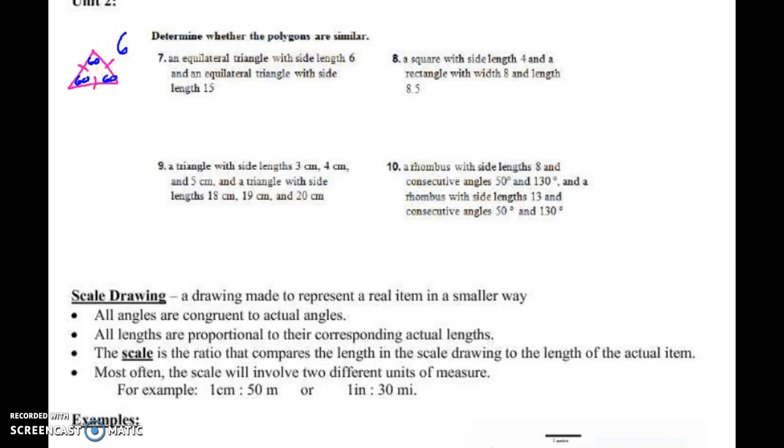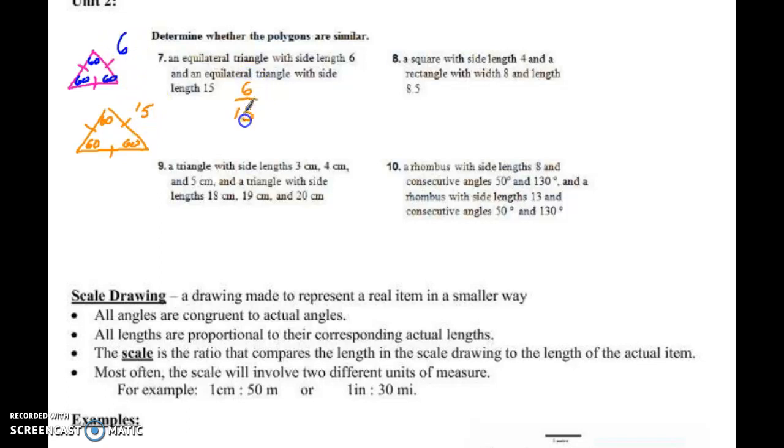Okay, now we got this other triangle, and it's bigger. It's actually 15. And guess what? This equilateral triangle is all 60, 60, 60. So look what we have. Small to big,